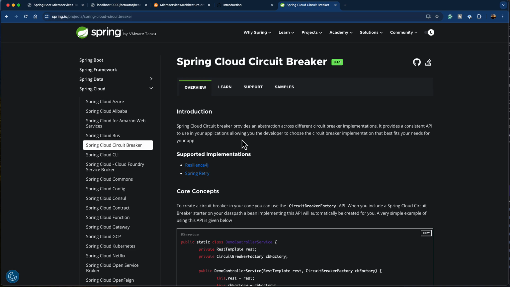So you can see that it provides an abstraction across different circuit breaker implementations. Resilience4J is one of the implementations that provide the circuit breaker feature, and the other one is Spring Retry. You can also use Spring Retry to use a circuit breaker pattern. So now, without any further delay, let's go ahead into our project and implement the circuit breaker pattern in our